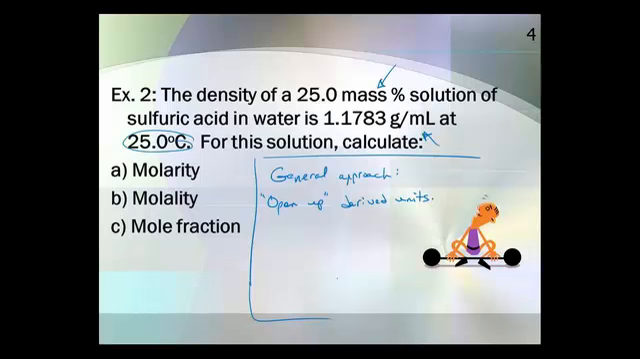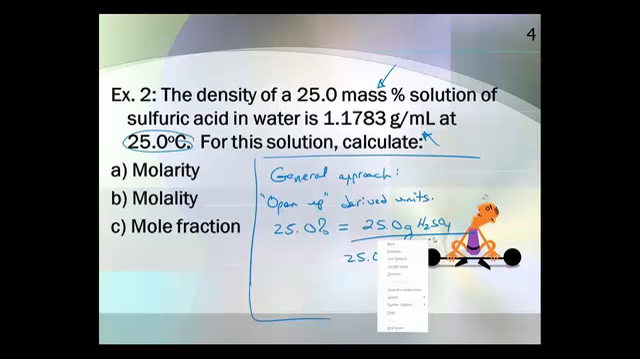So opening up our derived units, we would see that 25.0% sulfuric acid would mean that for every 100 grams of solution, we have 25 grams of sulfuric acid in a total of 100 grams of the solution, which would be 25 grams of sulfuric acid plus 75 grams of water. The other derived unit that we have